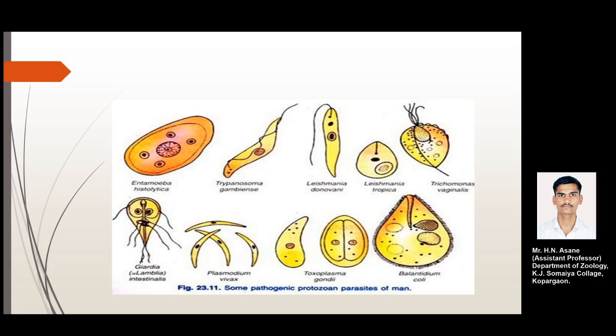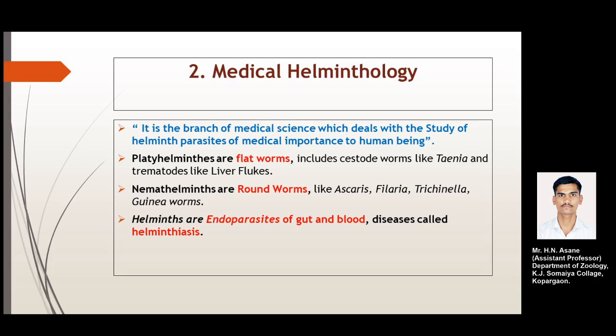So we are moving towards the second branch, that is medical helminthology. Medical helminthology is the branch of medical science which deals with the study of helminth parasites of medical importance to human beings. Helminth parasites are divided into two groups, the platyhelminths and the nematohelminths. Platyhelminths are the flatworms, which include various cestode worms like Taenia and trematodes like the